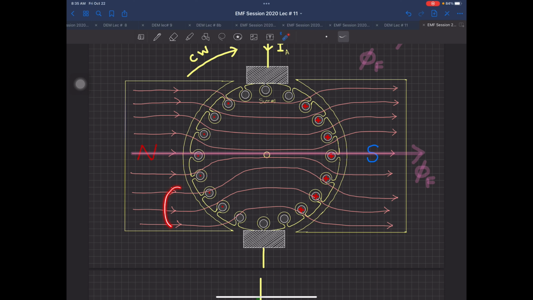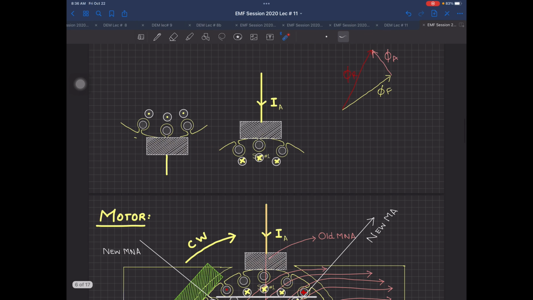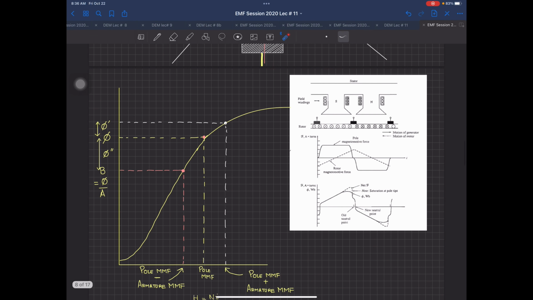Now they are concentrated in this region and in this region, and this area over here and this area, as per that diagram, are free. So now what is the problem? The problem is elaborated by the BH curve.